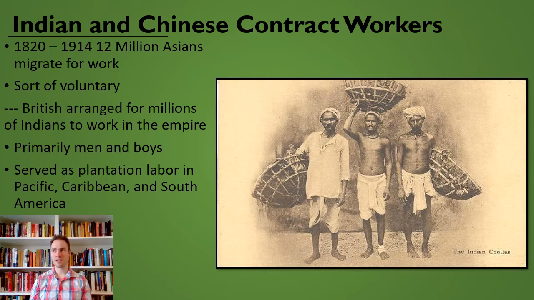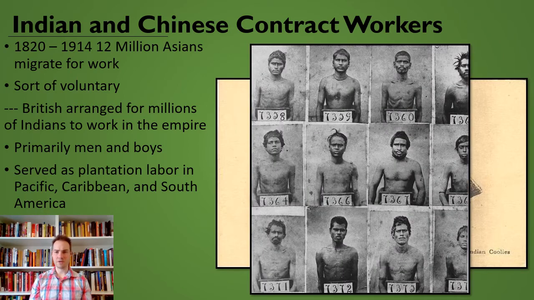So you get large pockets of Indians, for example, in South Africa, or in some Pacific islands, like Fiji, working as agricultural laborers. Just like in the case of slavery, primarily the British are looking for men and boys because they're seen as being more productive in their labor, and they're going to serve kind of all over. And when you look at the sort of process the British were using, it does remind you of slavery a little bit. People were categorized by numbers, they were given contracts they couldn't read, all these sorts of things, and taken around the world.